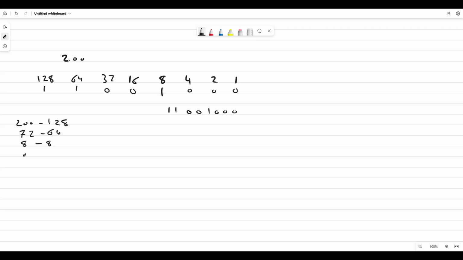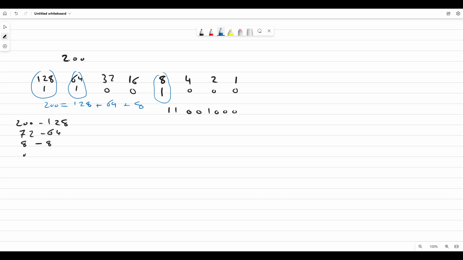If you want to make sure of your solution, just add the headings that are corresponding to 1, so you will get the result. So 8 plus 64 plus 128: 8 plus 64 we get 72, plus 128 will equal 200. The second way of converting a Denary number into binary is by successive division by 2 until we reach